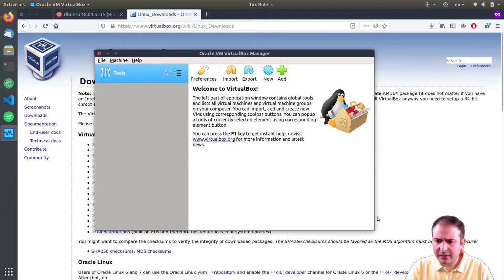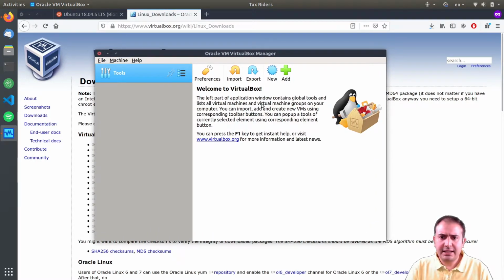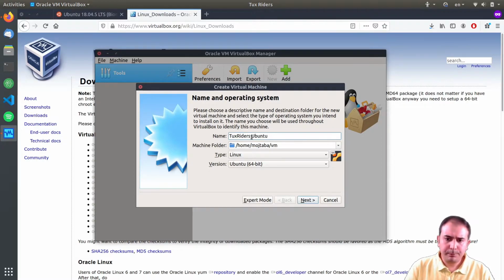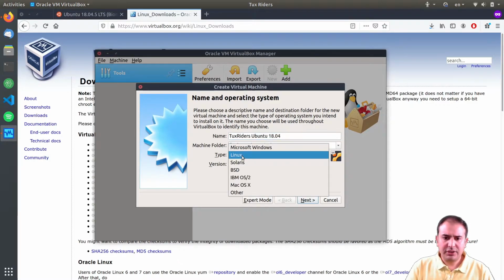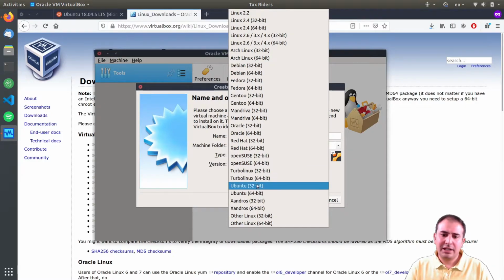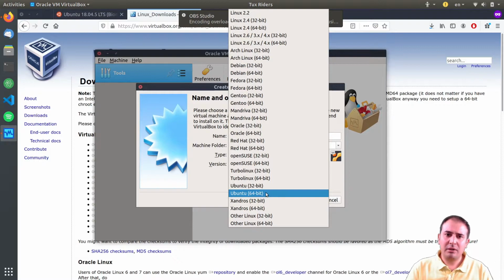The interface is something like this, and what I want to do is create a new virtual machine in this folder, and I call it TuxWriters Ubuntu, and the version and the type Linux. This is not important, maybe for some compatibility issues or VM additions and also the requirements things. So